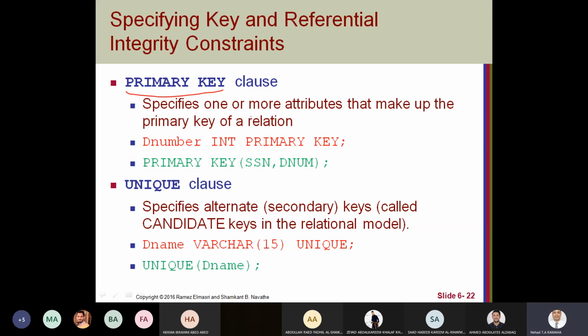We can define the keyword PRIMARY KEY on the same line as the attribute itself, like this, D number integer primary key, or at the end of the table creation, you can write PRIMARY KEY and open parentheses, and if you have more than one key, you can name all the keys.